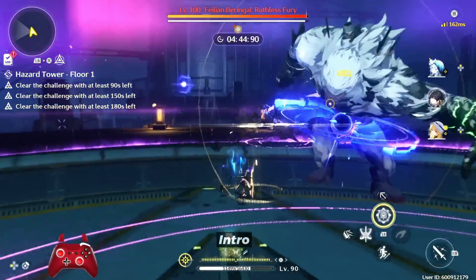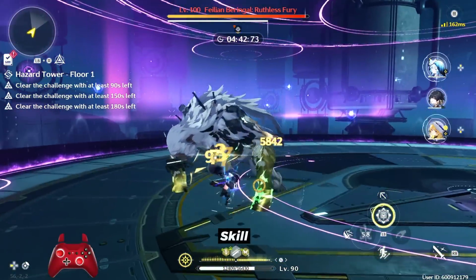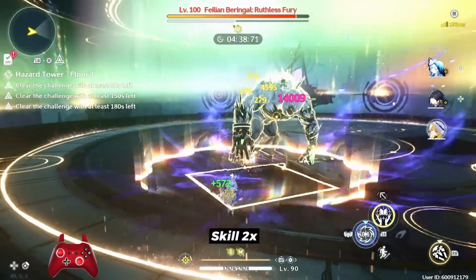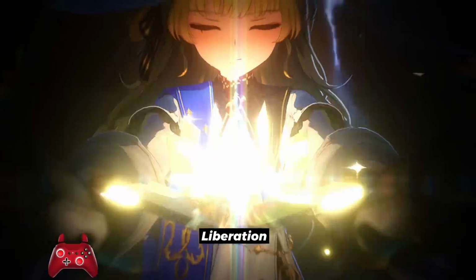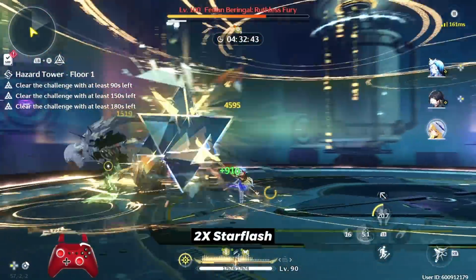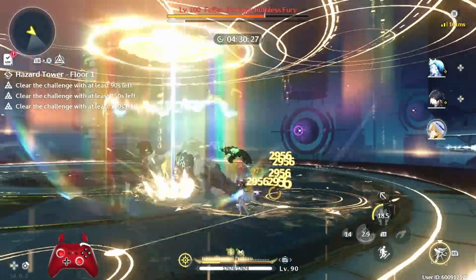Intro with Rover, heavy attack after tune combo, skill, Liberation and Echo skill. Intro with Pheobe, press her skill twice and use her Divine Bonk Liberation. Here, focus on using 2 heavy attack Star Flash, and as soon as the second one lands, swap to Rover